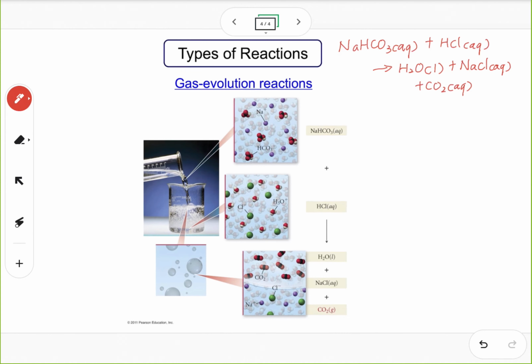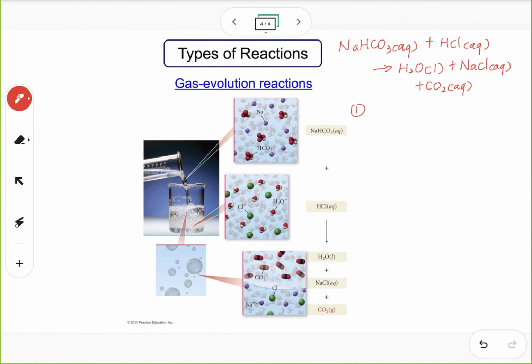Okay, now let's write the complete ionic equation. Remember, complete ionic equation will have all of the ions that can dissociate from those ionic compounds, or electrolytes. Okay, so for the first one here, apparently it will give us